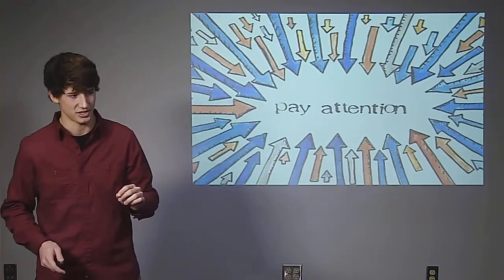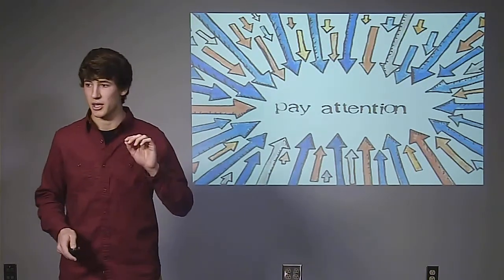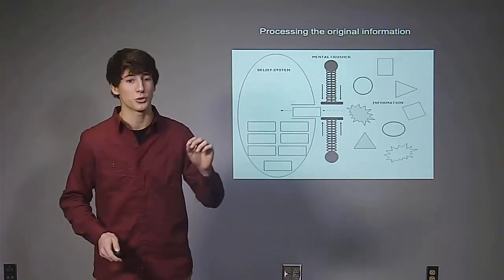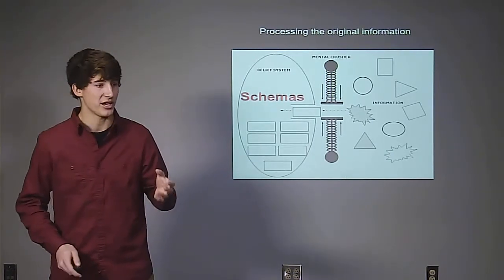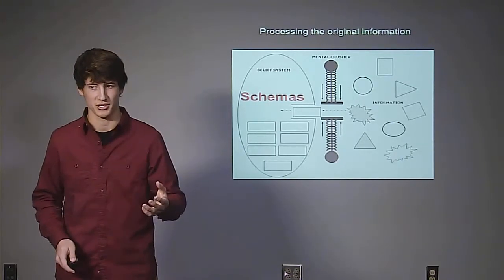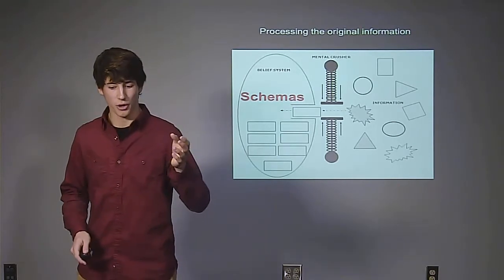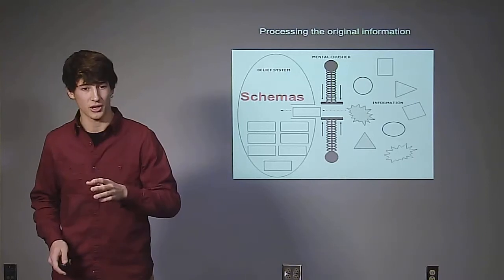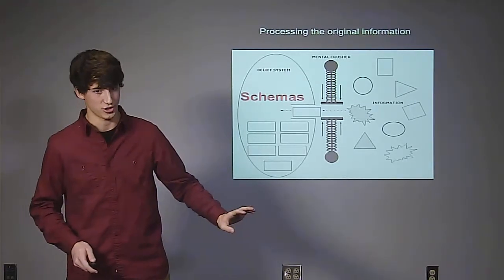The next step in the process is how this data that's put into long-term storage is stored. It has to be organized. And the way this works is through what they call schema. Now schema are just patterns that were formed at a young age. When you're learning at a young age, you learn purely through experience, and you recognize patterns. And these patterns are then used in further experience. So when you experience something later in life, it is related to things you already know from prior observations.